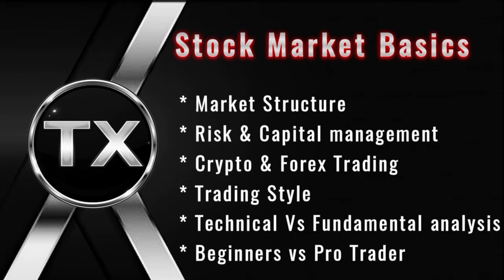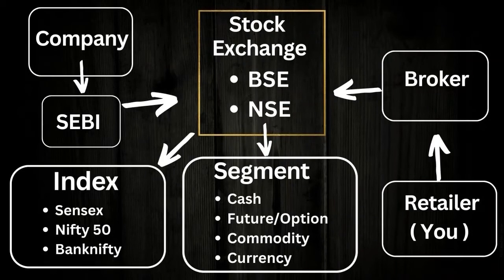After watching this video, you will become capable of finding relevant and irrelevant things related to stock market. Suppose if we buy some shares from any company and company get profit, then we also get profit, and if company get loss, then we also get loss. But stock market works in a channel, and we have to know the whole market structure, how the different components of stock market interact with each other. Then you will understand the overall story of stock market.